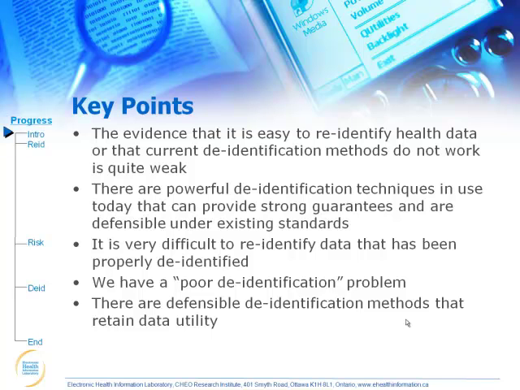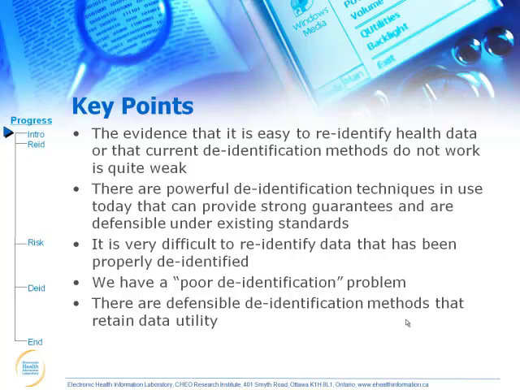there's really no evidence or weak evidence that re-identification is easy to do. All the re-identification attacks that are known were not done on de-identified data, and I'll explain that in a moment. There are powerful de-identification techniques that can provide strong guarantees for releasing data. For any data set that has been de-identified properly, there's no evidence that it can be successfully attacked, at least no public evidence so far. So as far as we know, if you de-identify data properly, it's very challenging to re-identify individuals from that.